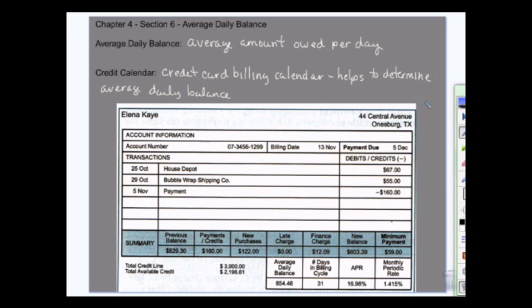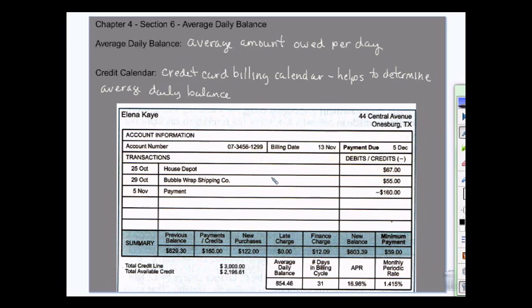So they have to figure out your average daily balance. And in order to do that, they look at the amount you owed for how many days. We had done one where we were given the number of days and the amounts that were owed, but now we're going to actually figure out those amounts and those days. So we can figure that out